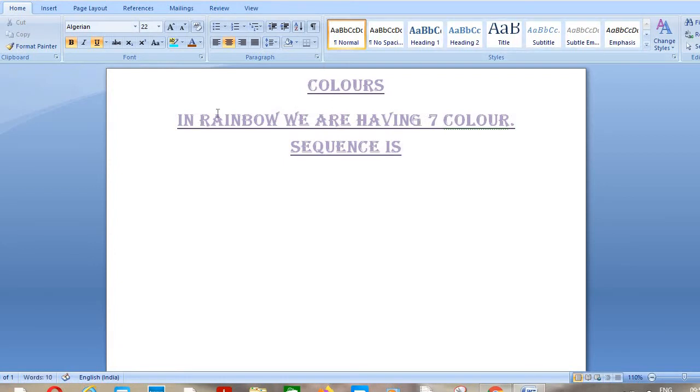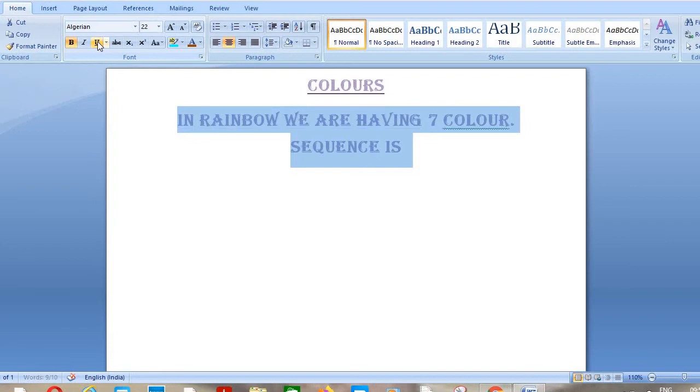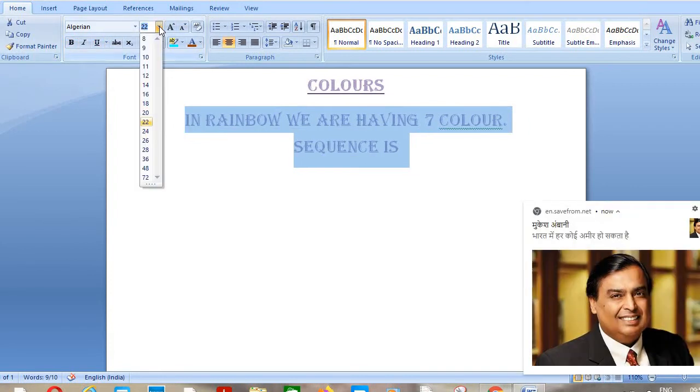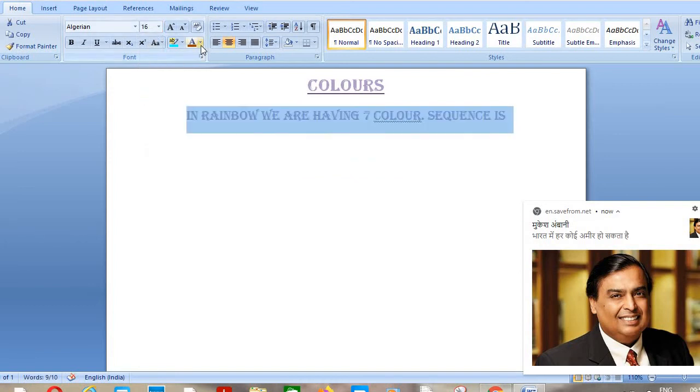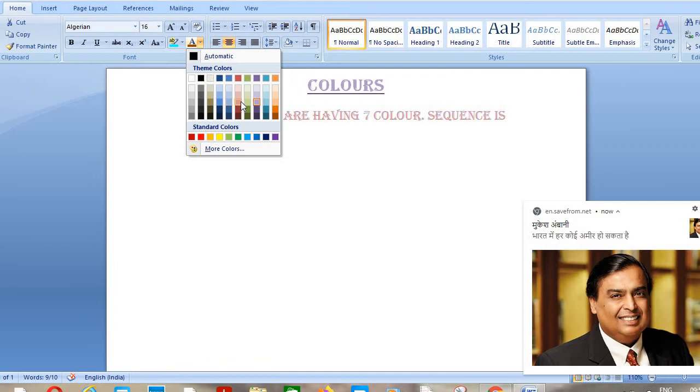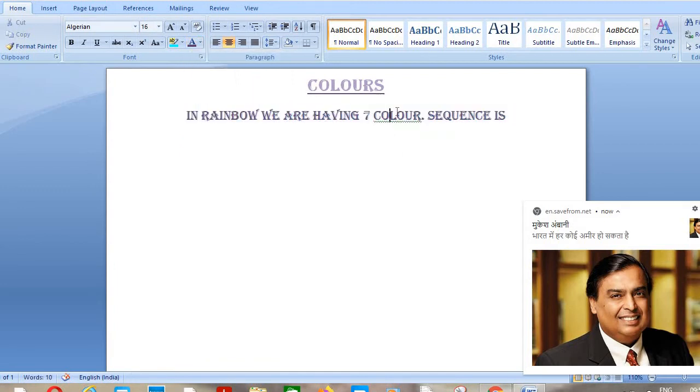Now what we want to do, we do not want underline for this text, so select this text only and remove this one, remove bold also, and this should be in smaller size, so we will just keep this smaller size. And we can also change the color for this thing. So with purple we want to have dark purple. Okay, and now it's showing you green line. Green line means no grammatical mistake.